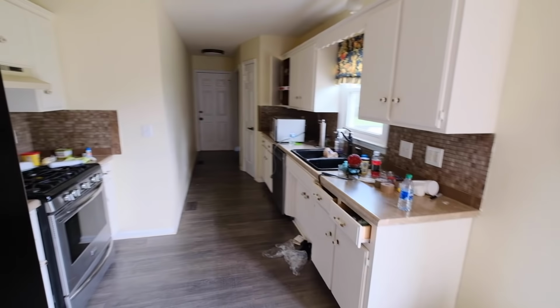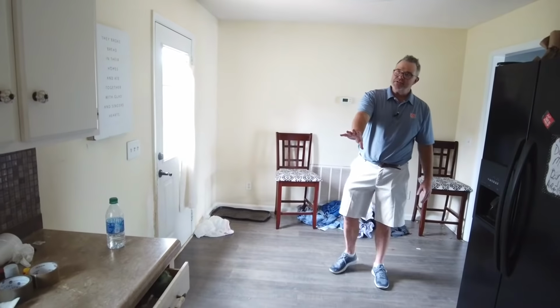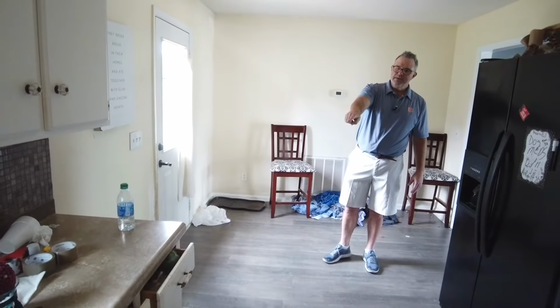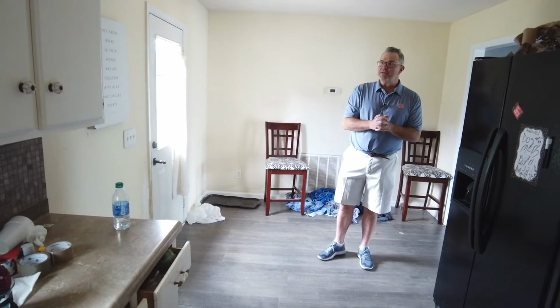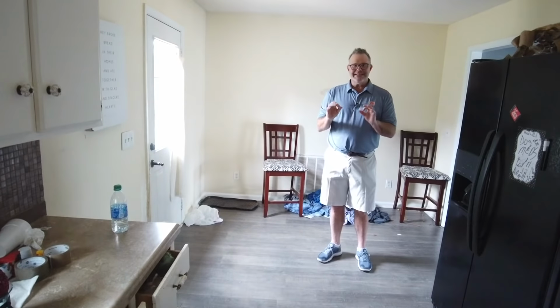it's got a pretty nice little mosaic backsplash, gas range. The cabinets have been beat up. They're a painted cabinet. They're originally just stained. They've been painted, but as you can see on those drawers, the paint has worn off. So we're gonna paint those cabinets a real pretty white, same as the trim color, and we'll make this kitchen